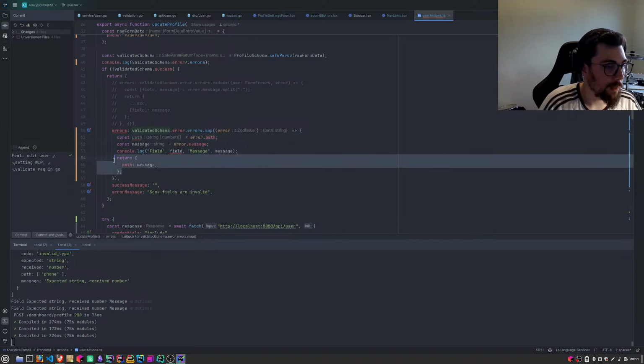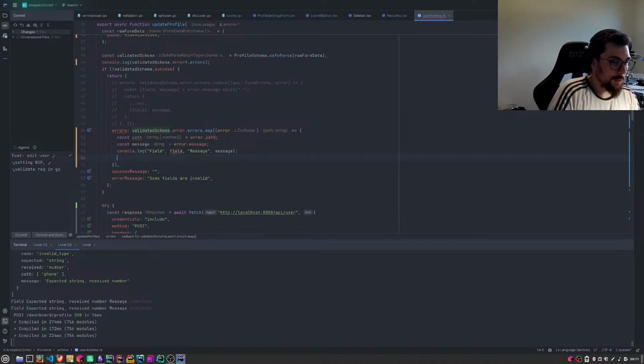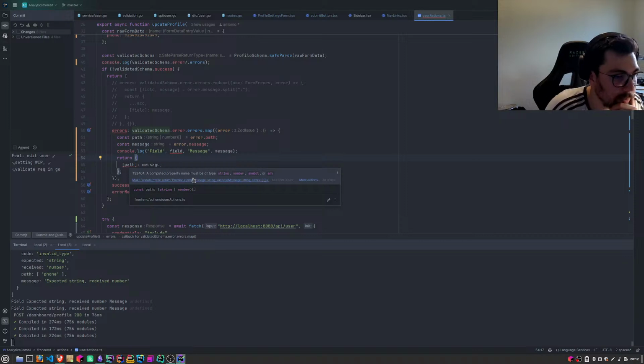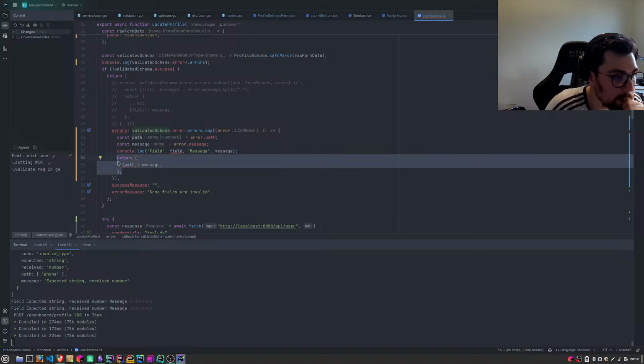Well, that's not really what I want to do. Path. What do you cry about? A computed property must be of type string, number, symbol, or any. Make update profile return promise. Well then.